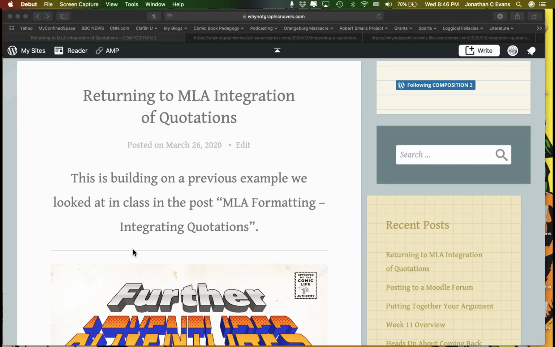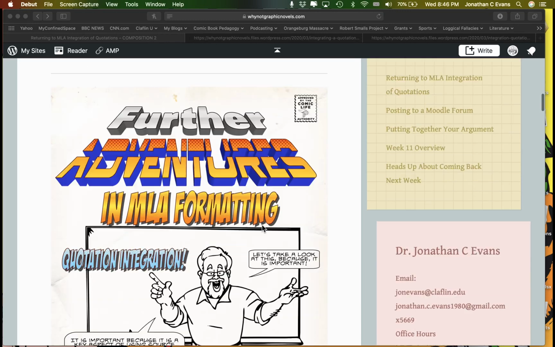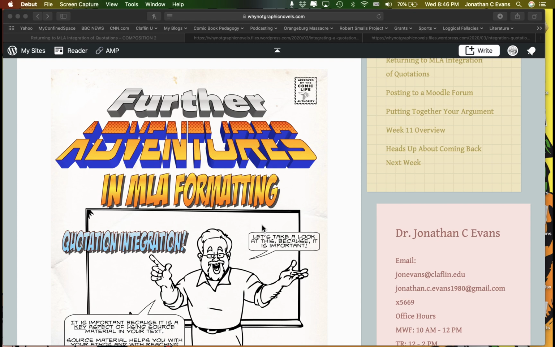So I think this is going to bear with us for the use of MLA. I want to get us into a rhythm here and continue to look at it. I'm going to return to something I posted previously for you guys. This will be familiar, but I want to go over it because this is a key element in the creation of your argumentation paragraphs, okay? The ability to do these things.